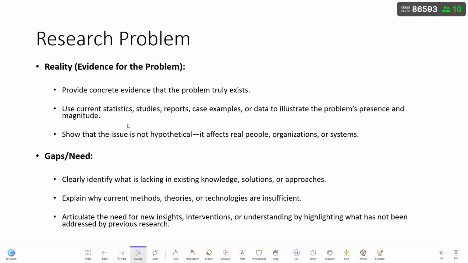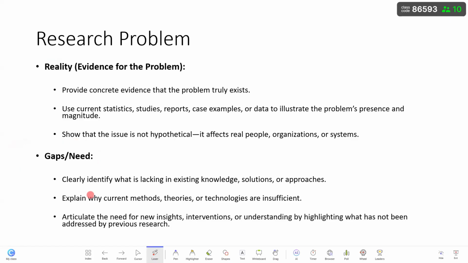When you provide these statistics, case examples, and data, you can say that it is not hypothetical. It is real, right? So you need to provide real evidence regarding a person, organization, or system, depending on the nature of the problem. And also, once the reality is identified, then you need to